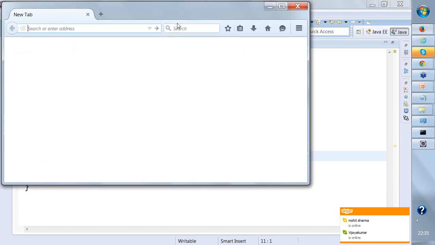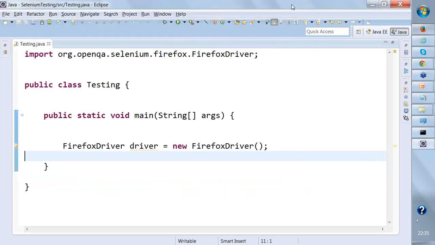See, as soon as I run it, it has launched a browser. See, I have not started any server, I have not started anything, I have not configured anything. Just I have imported the jar file, I have created an object of Firefox driver class, and it has actually launched a browser. If I want to navigate to some website, I'll directly say